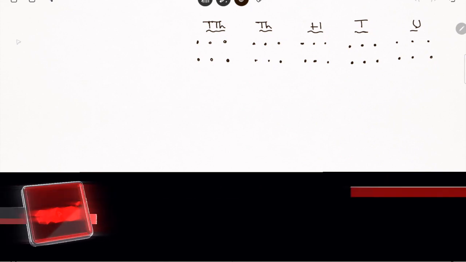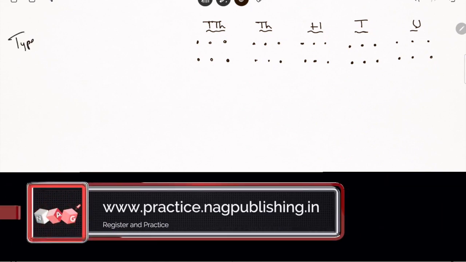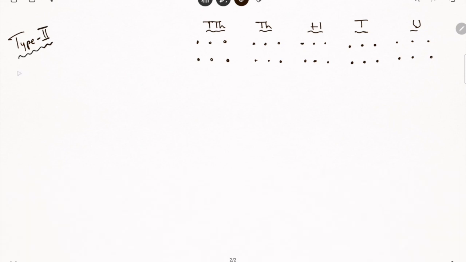Now let us consider type 2, where we will be learning to multiply two 3-digit numbers. Now, for this, let us consider one example. Suppose we are to multiply 542 by